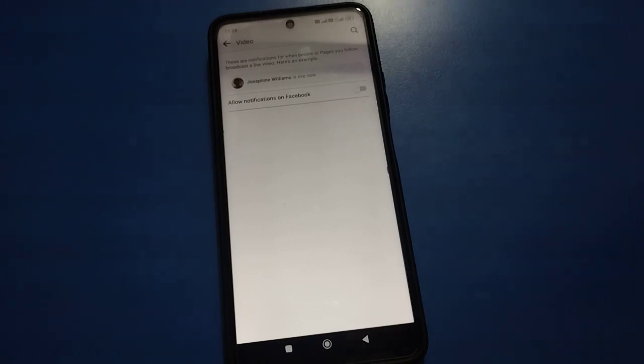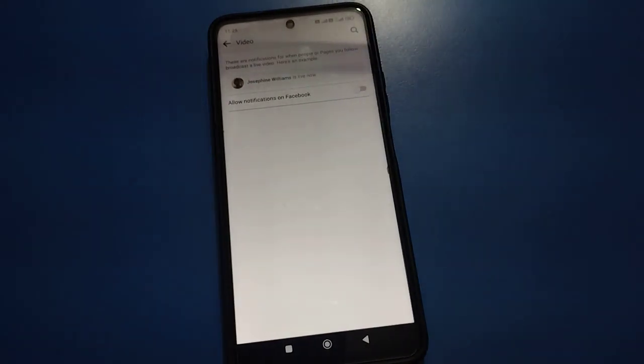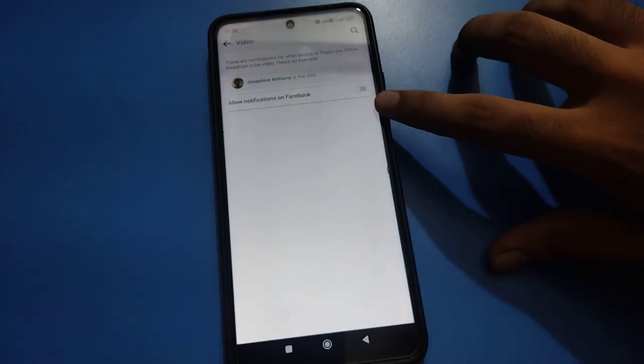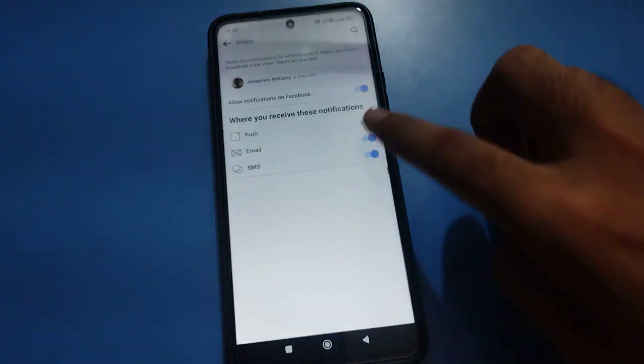So friends, your friend is live now. Okay, your friend is live now and you want to use this notification on your Facebook account. Videos notification you want to turn on. Allow notification on Facebook friends, on the right side this icon, this button we will tap here, and after turning it on friends